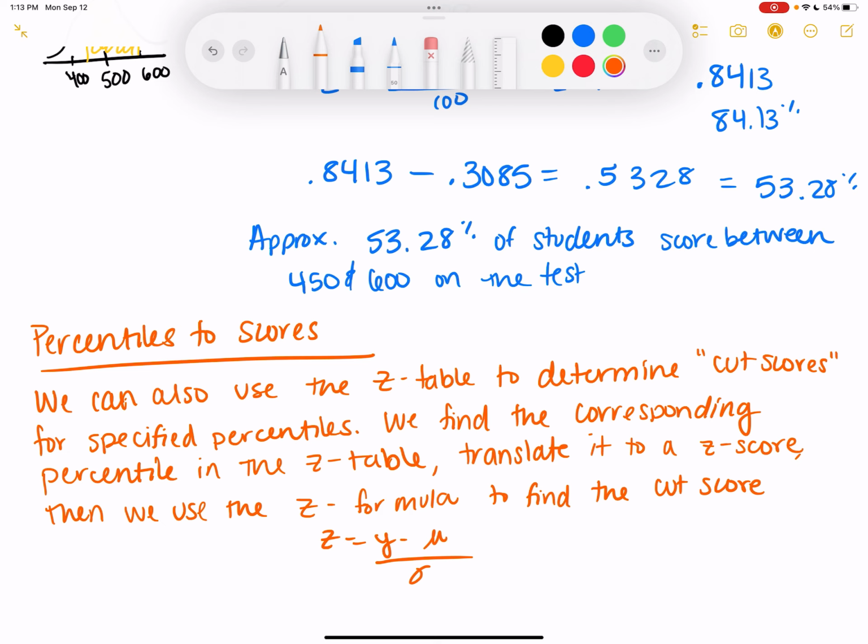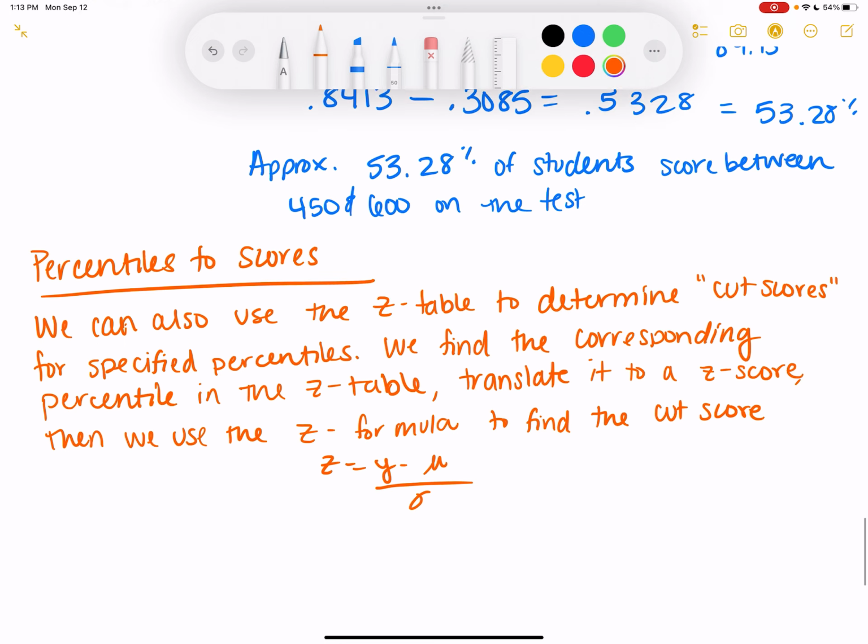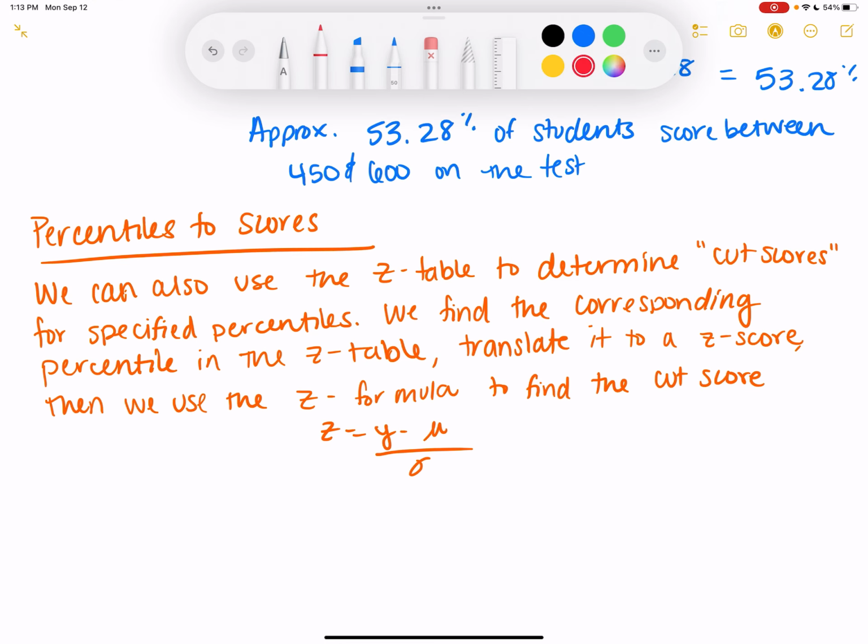So this would be something like the upper 10% of your class, or, you know, test scores or whatever. So if we did something similar to the SAT question, just to keep on that track, if you had something like what score marks the top 10% of the SAT test scores